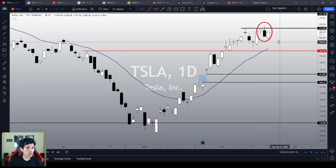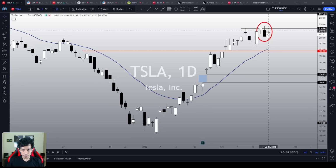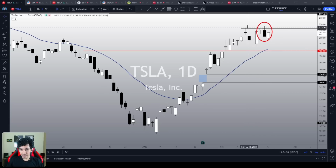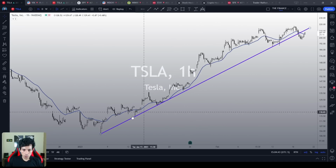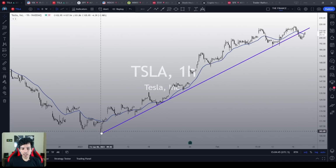We are going up 3% right now. This is a very good reaction. It is a decent reaction. However, is this reaction good enough to frustrate this bearish thesis over here? Well, we'll see. The problem with Tesla is that in the 1 hour chart, we were incredibly bullish since January